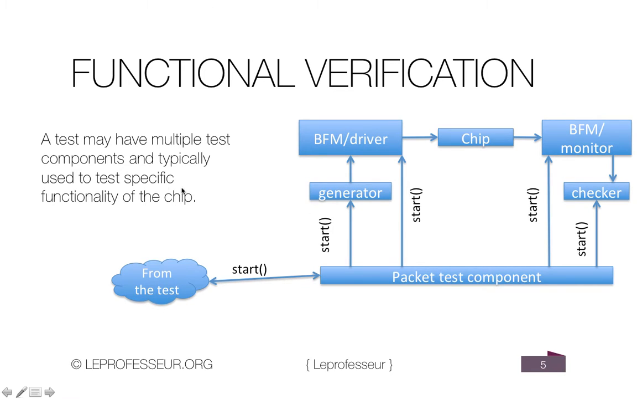Now here, what I'm trying to show in this diagram is that a test, say you have a test that verifies this functionality, whether you are able to read and write at that particular memory's address space. Okay. So a test may have multiple test components, and those